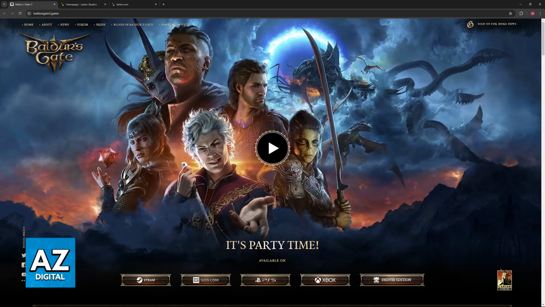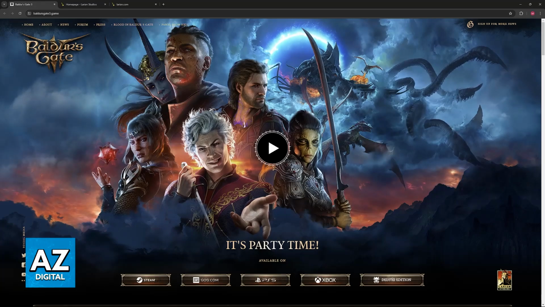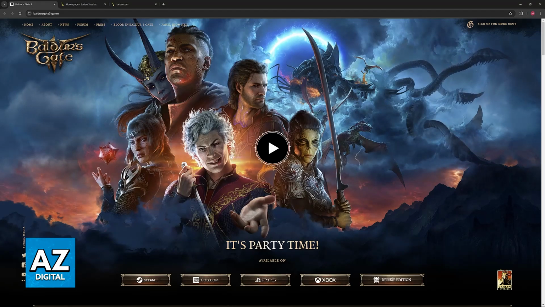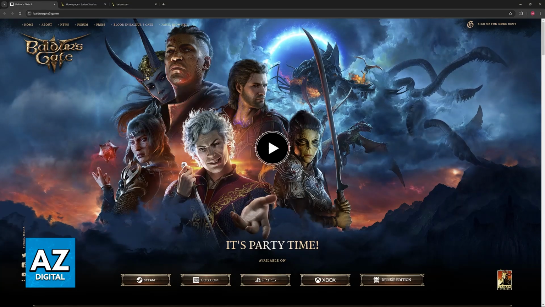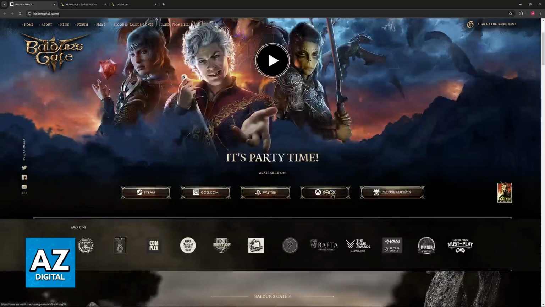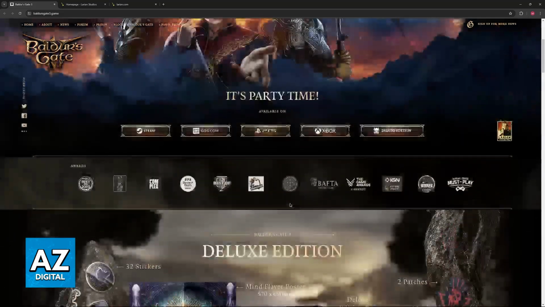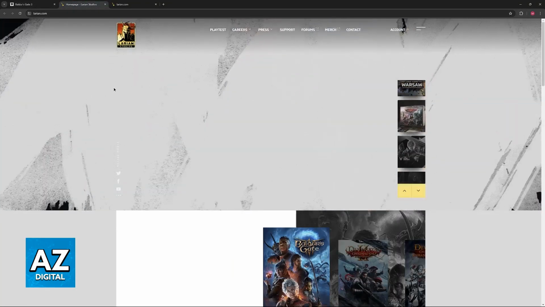So, if you enabled cross-save or cross-platform saves on Baldur's Gate 3 on your Xbox, and you have your Larian account connected to your Xbox or Microsoft profile, every time you open Baldur's Gate 3, it is going to crash you. This has been a known issue for a while, and in order to fix this, all that you have to do is visit the official Larian website. So instead of going over to baldursgate3.game, go over to larian.com.